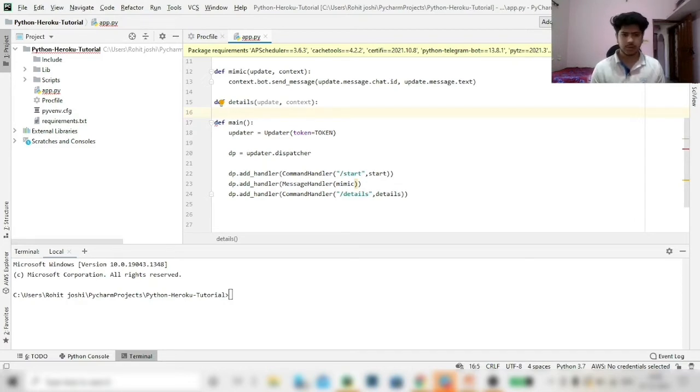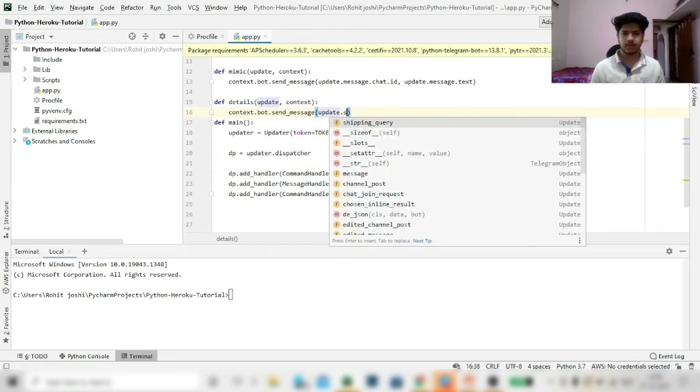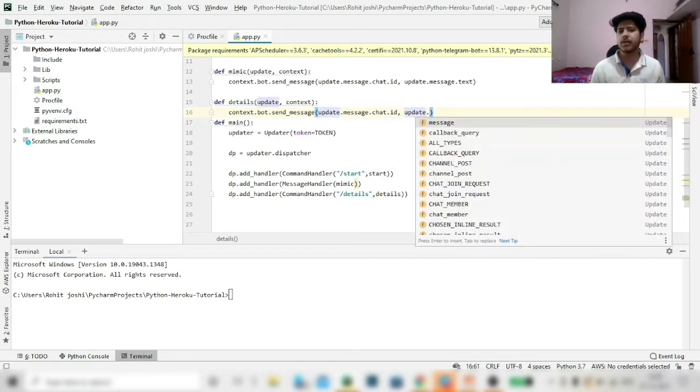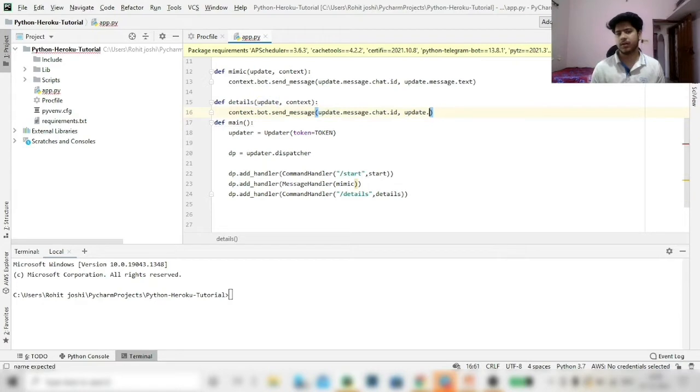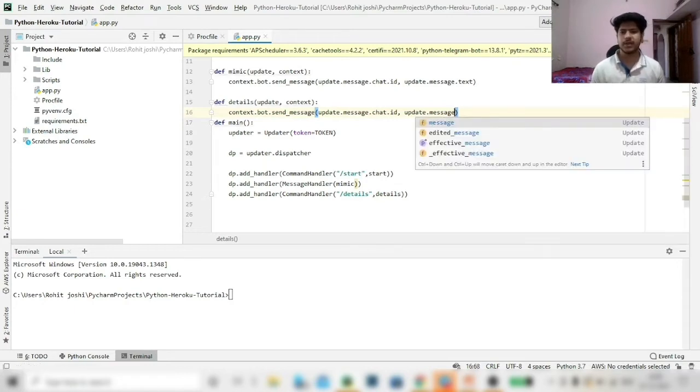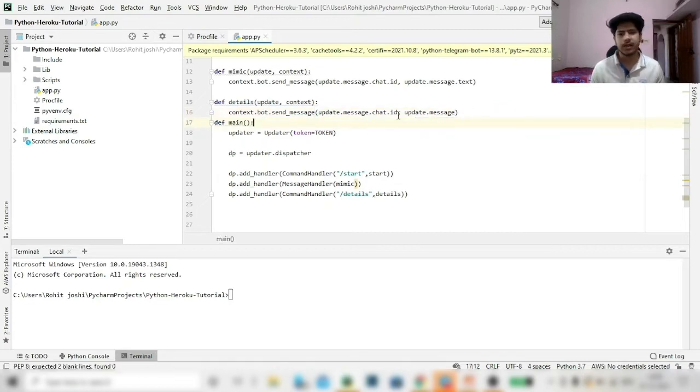So we can do this: context dot bot dot send message, update dot message dot chat dot id, and we want update dot message to be sent.